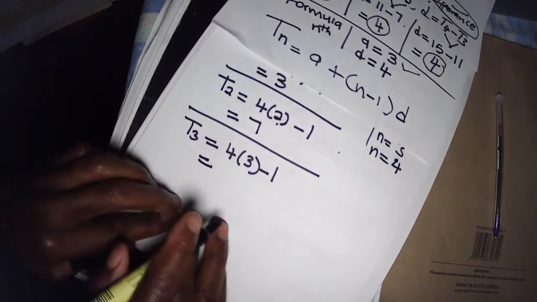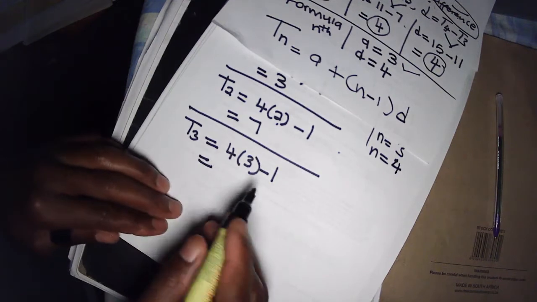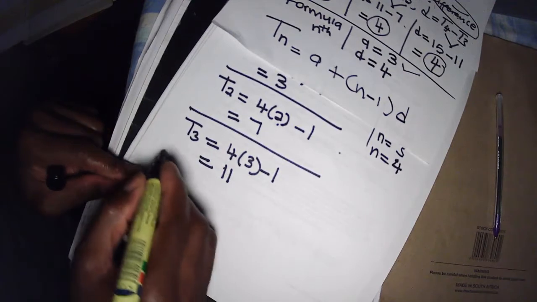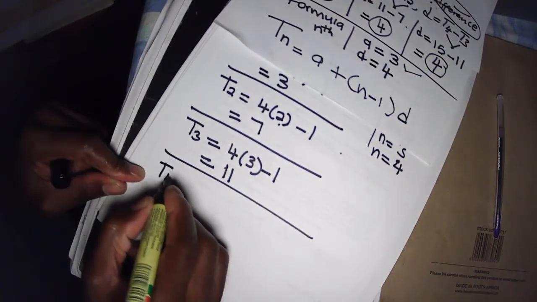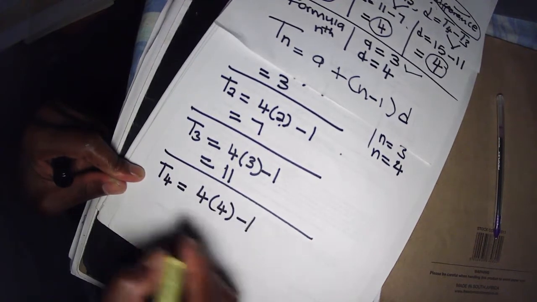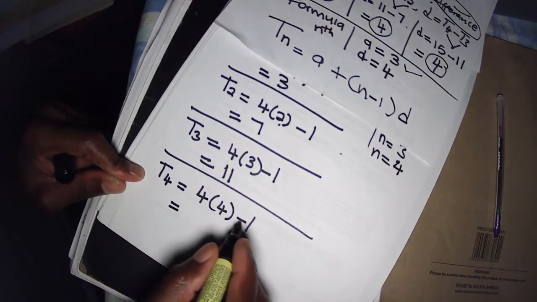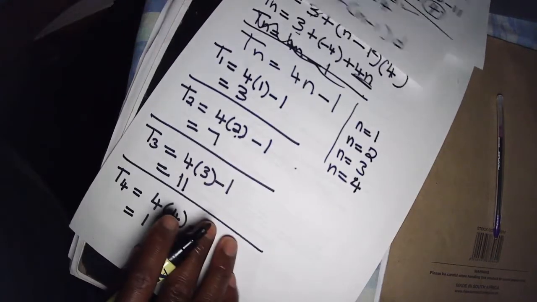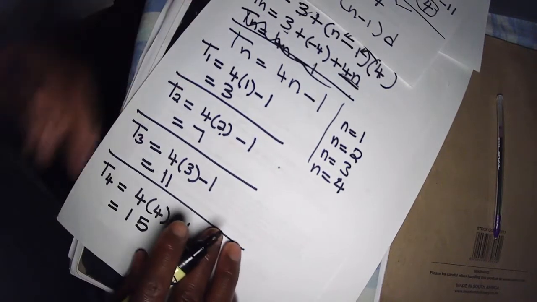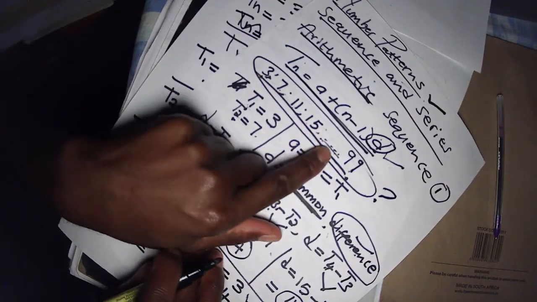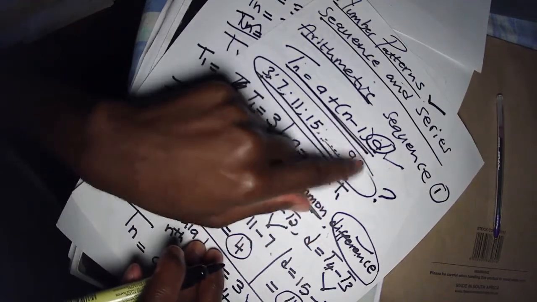So what is the answer? 4 times 3 is a 12. 12 minus 1, it's an 11. Okay, let's do it for t4. Okay, so 4 times 4 subtract 1. 4 times 4, 16. 16 minus 1, it's a 15. So this proves, okay, this formula gives us every single term that is here up to 15, but we don't know,